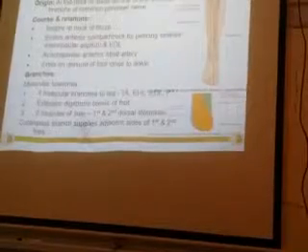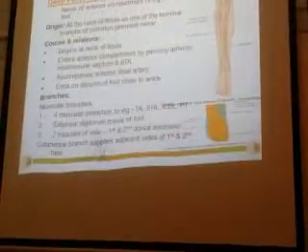Along with that, it also supplies two dorsal interossei. Just like in the hand we have the palmar interossei and dorsal interossei, similarly we have interossei here. So it supplies the first and second dorsal interossei here. So this is the nerve supply.